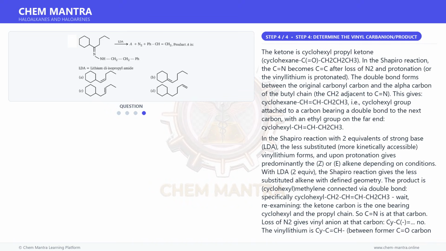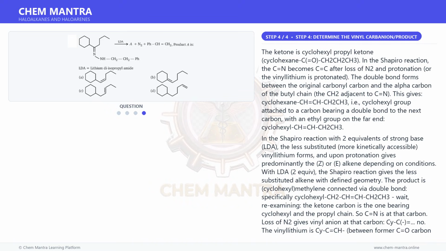The double bond forms between the original carbonyl carbon and the alpha carbon of the butyl chain, the CH2 adjacent to C=N. This gives cyclohexane CH=CH, CH2CH3, i.e., cyclohexyl group attached to a carbon bearing a double bond to the next carbon, with an ethyl group on the far end,